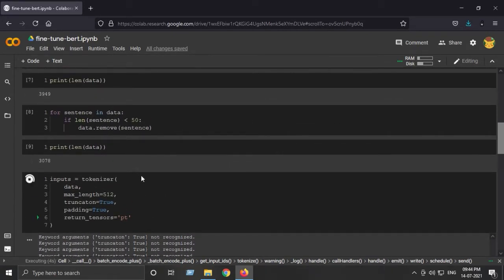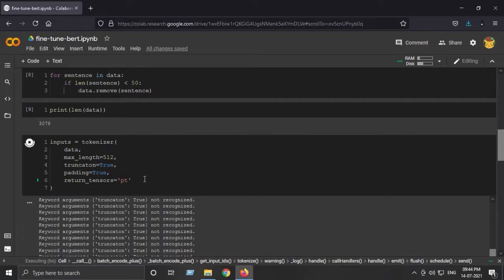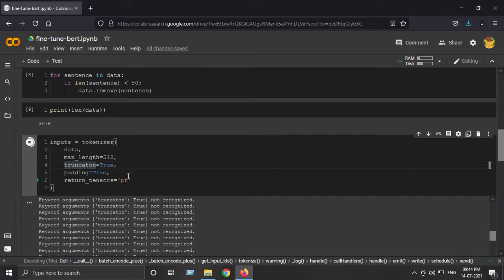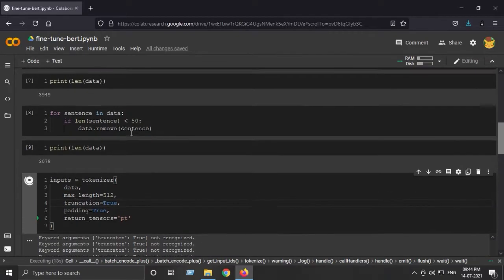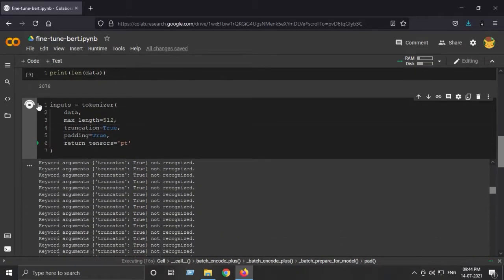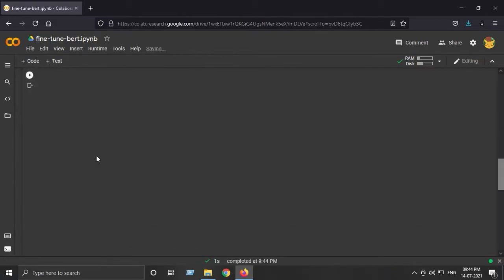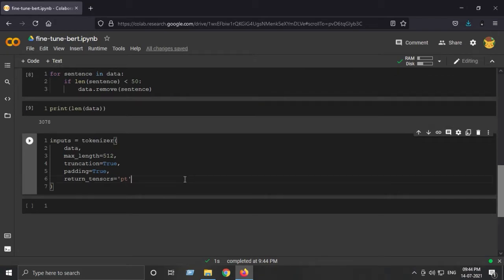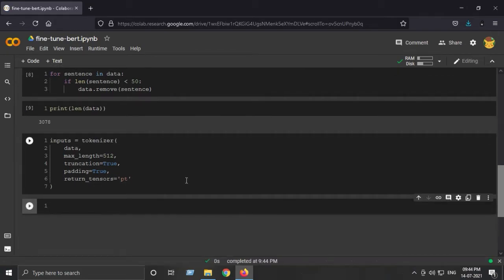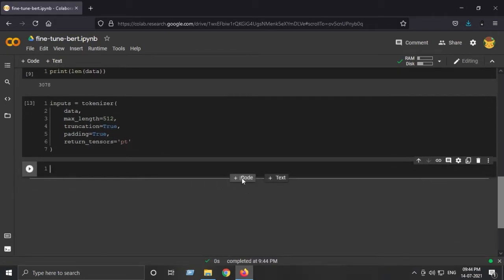Truncation true is not recognized. Okay. Oops, I missed the 9. I don't know what's happening today. Stop it. Okay, I'll run it again. Cool. Now I got the